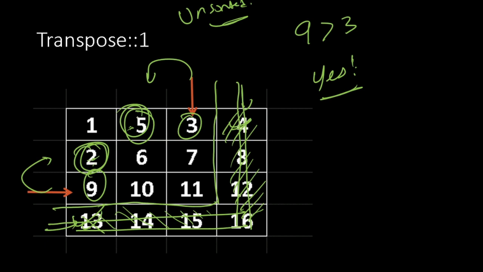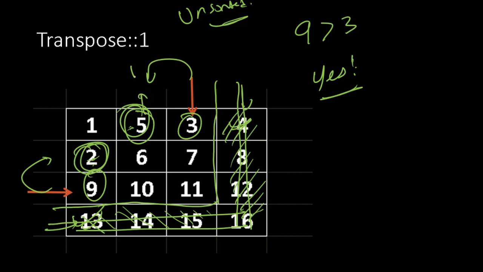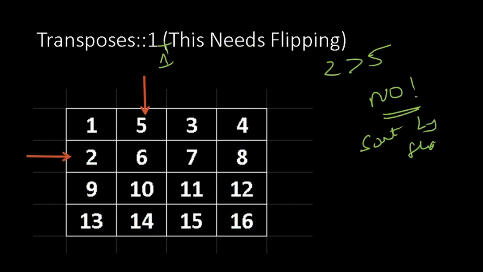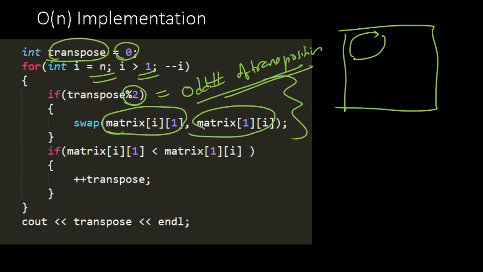So now, technically what is happening is, what used to be first row, second column, and second row, first column has technically become second row, first column, and first row, second column. So there has been a transposition. To record that operation, if there is an odd number of transpositions, we need to do a swap before we do any comparison. If there is an even number of transpositions, what would have happened is this would have made a movement here and this element would have made a movement here, but this operation would have happened once more to cancel things out.